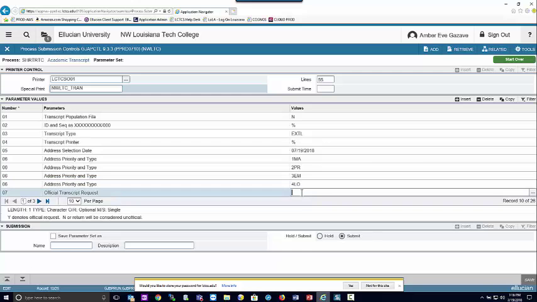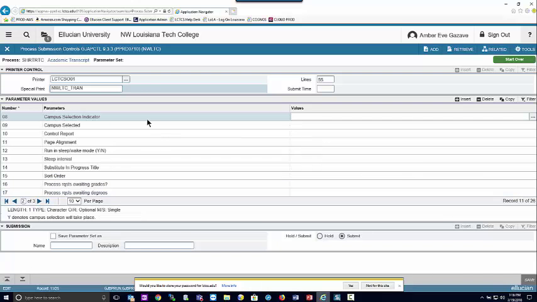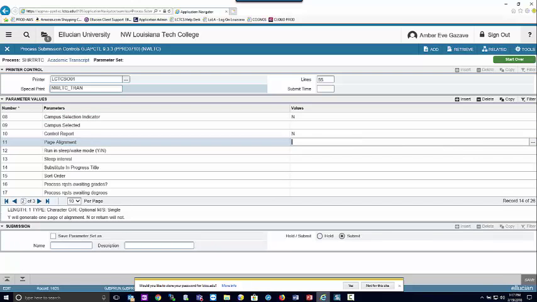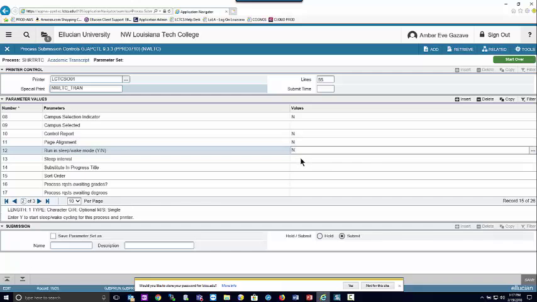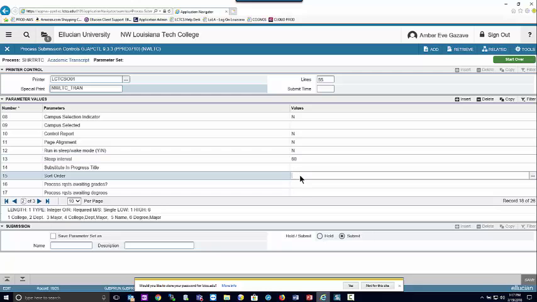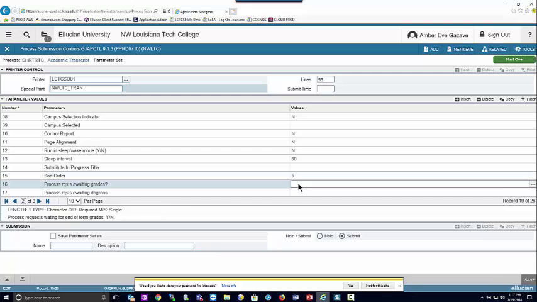Official transcript is yes. Campus selection identifier is no. 10 is no. 11 is no. 12 is no. 13 is 60. 15 is 5. And 16, this is where the parameter changes, because all semester long you've been printing transcripts, but